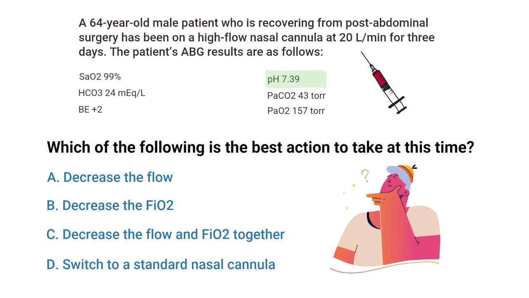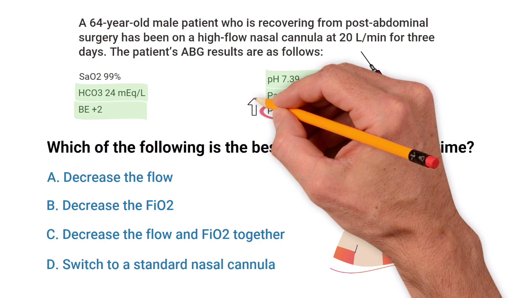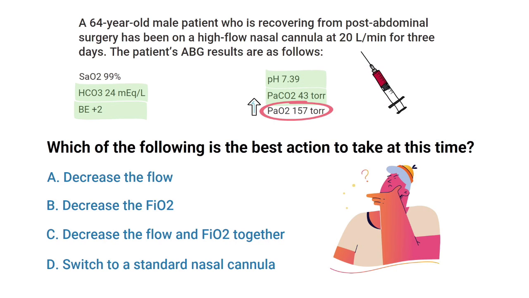Let's break it down. The first thing you need to do is interpret the patient's ABG results. We can see that the acid-base status is normal because the pH, CO2, bicarb, and base excess are all within the normal ranges. However, the PaO2, on the other hand, is increased. So this tells us that we need to decrease this value, and we can do so by decreasing the FiO2